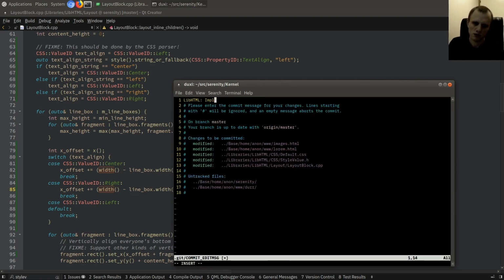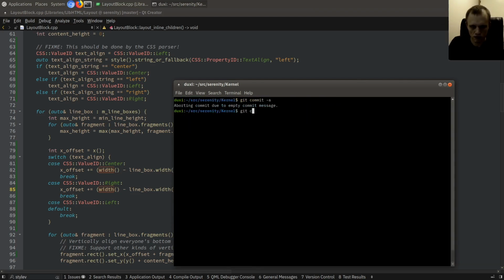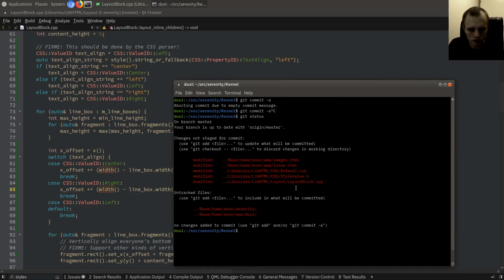Okay, so implement text align left, center, right, and center. Implement. Oh, we can't fit that. Actually, this makes me realize that we could do the center element as a separate commit. So